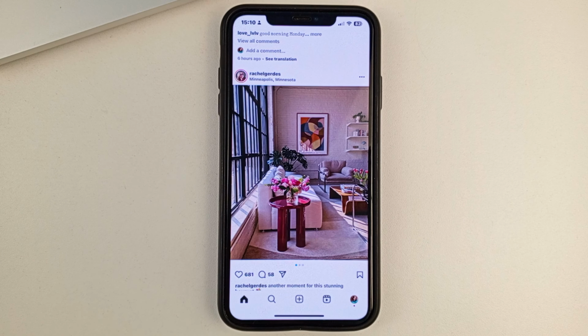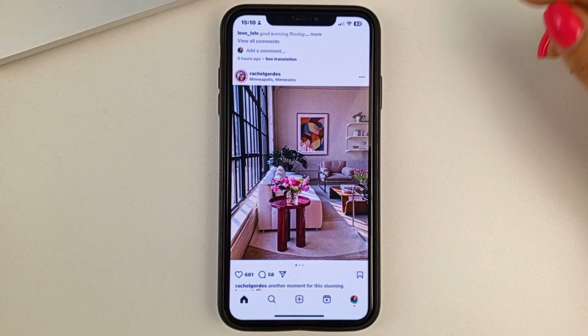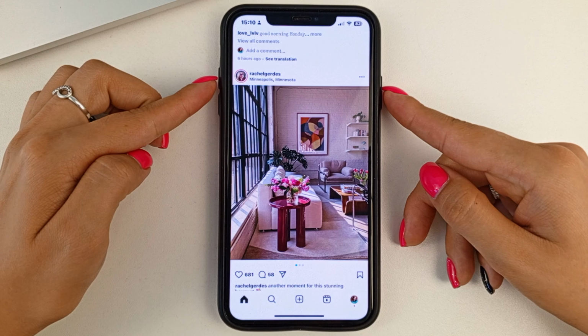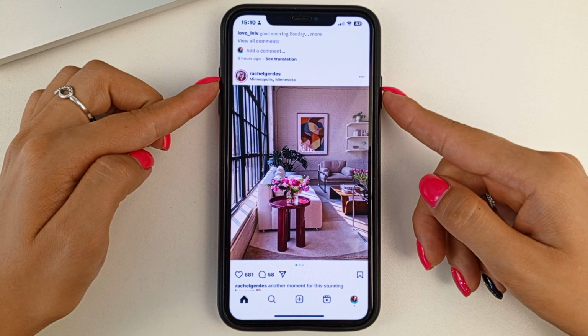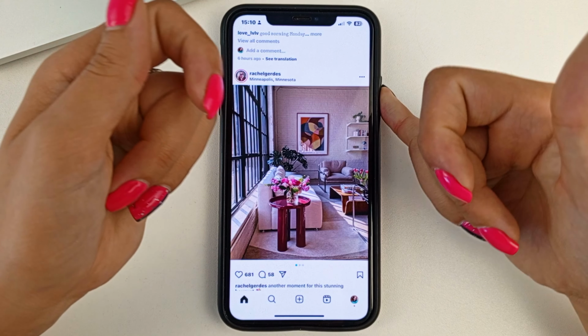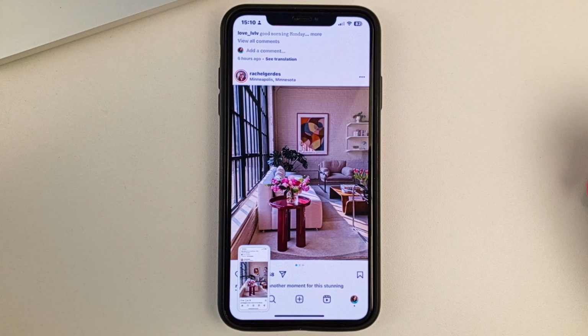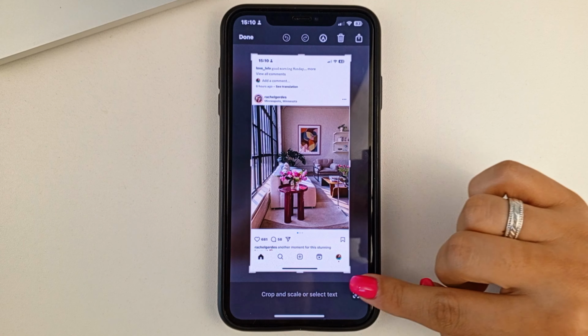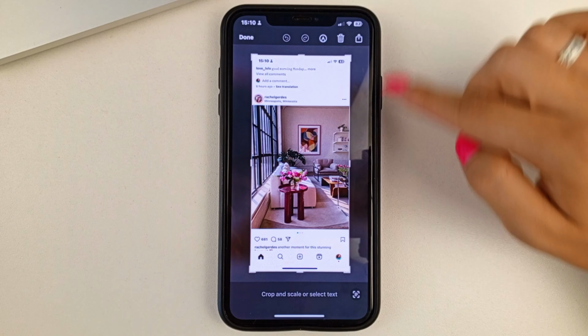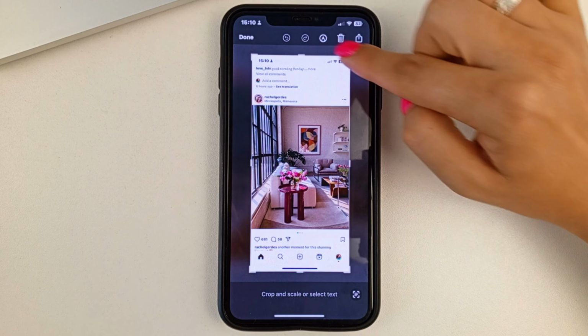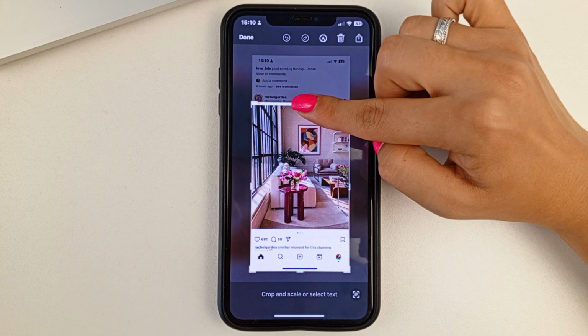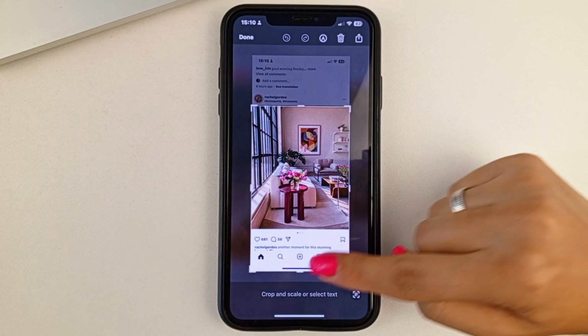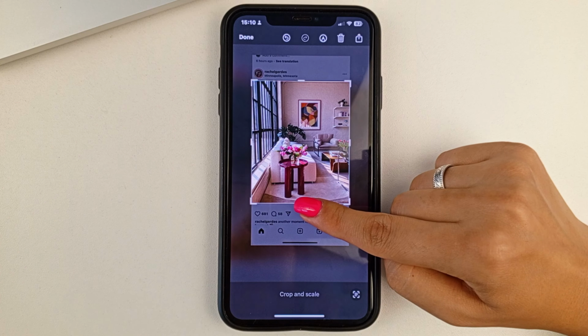For this, I recommend taking a screenshot. To do this, you will need to press the top sound button and the power button at the same time. So you take a screenshot. You can click on it immediately and crop it. In order to crop it down to the size of the photo itself, you'll need to pull down these frames on top. Leave only the photo.